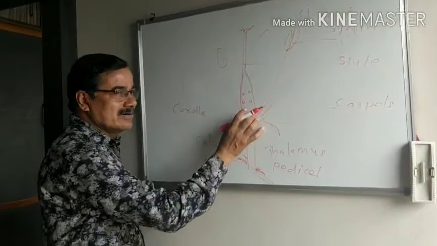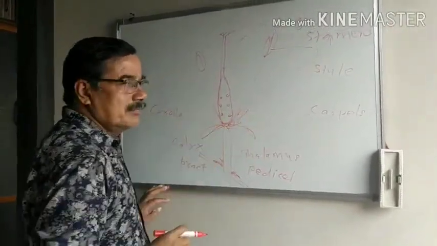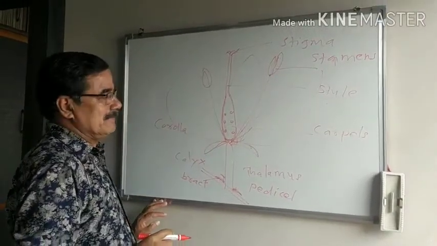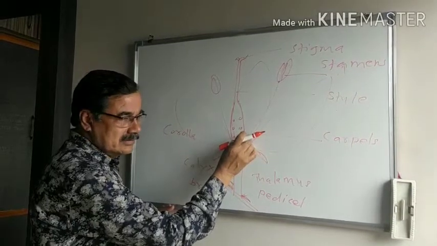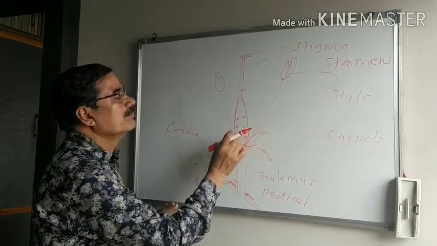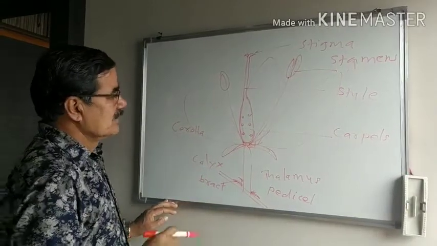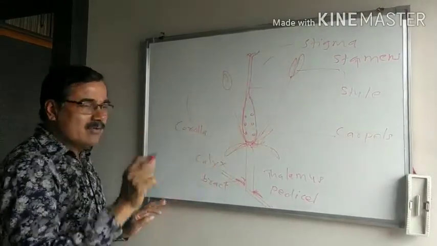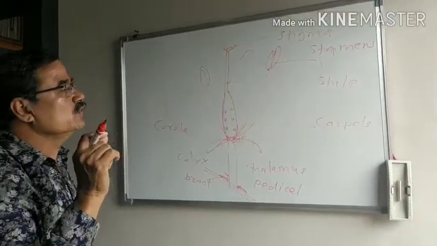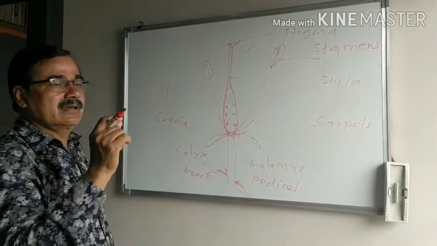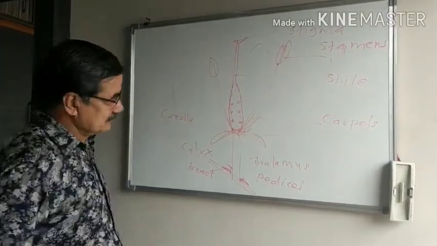In some flowers, one essential whorl is absent, either male, that is androecium, or female, gynoecium. Such a flower, where one essential whorl is absent, is known as unisexual. The example of unisexual is maize flowers.